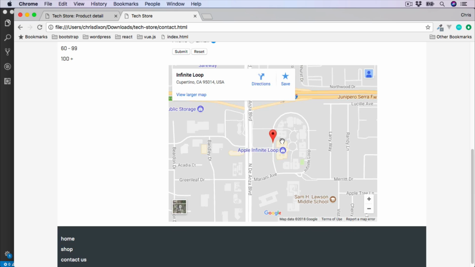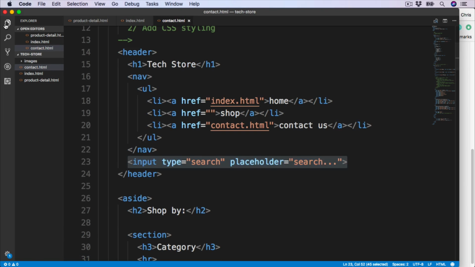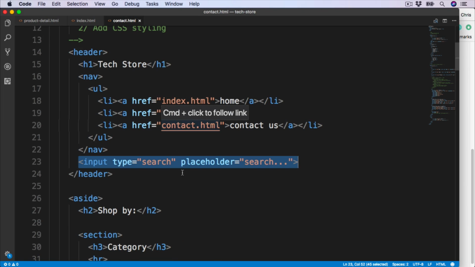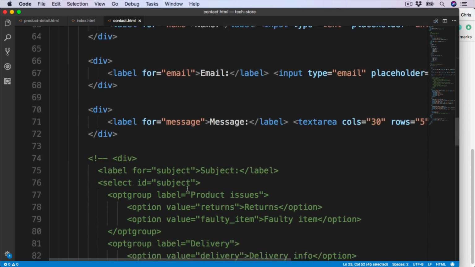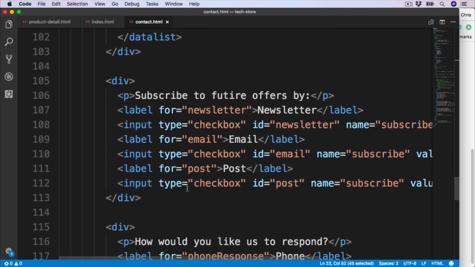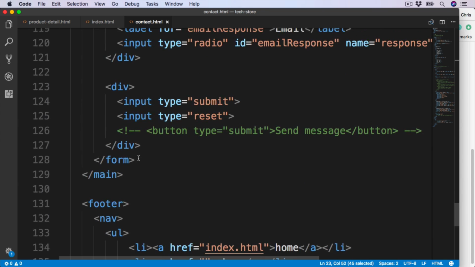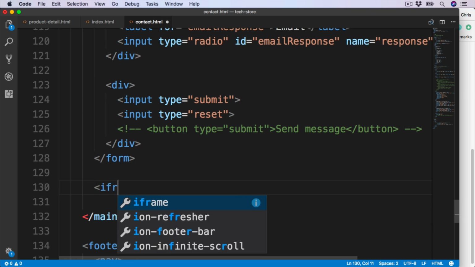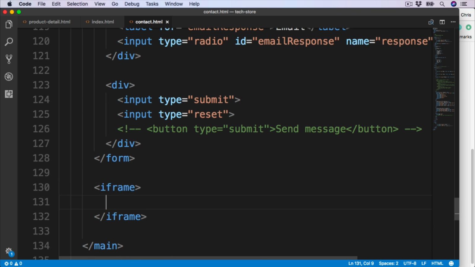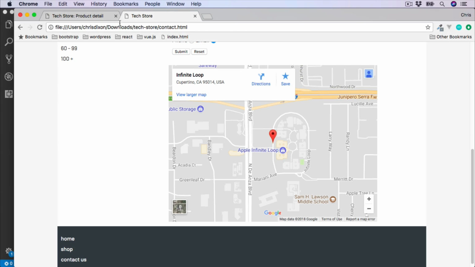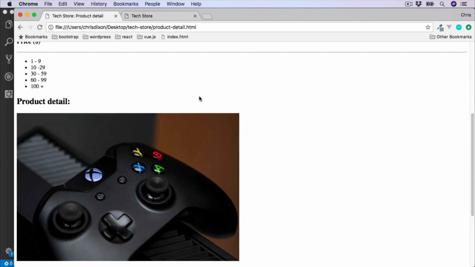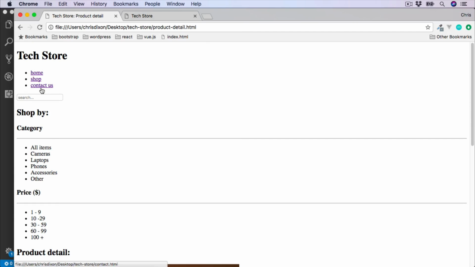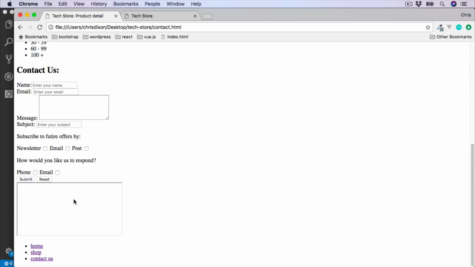Let's see this in the contact.html page. I'm going to add an iframe inside of here. I'm going to add this just after our form section. So let's scroll down. And right at the end of our form, but still within this main section, we can add the iframe element. So if we give that a save and then refresh the browser inside of our project, and in fact we need to go to the contact us page and then scroll down, we'll see an empty iframe element at the